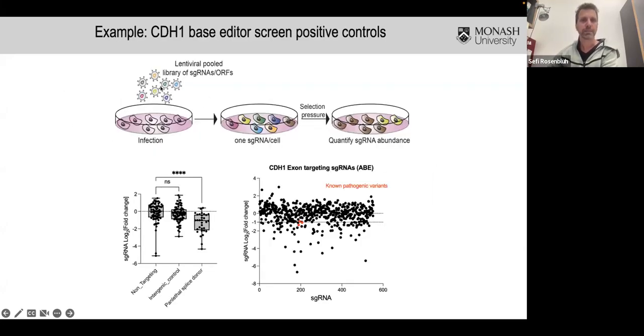Once we create the library, we infect with the library, and again, we grow the cells for a while. This is our selection pressure, and we're looking for the abundance of the guide RNAs. The guide RNAs that disappear would be essential for cell survival. Looking at the quality controls, our library also includes variants that introduce variants of splice donors or target pan-lethal genes. These are genes that we know are essential for cell survival. And this is what we expect, and this is what we see: when we knock out these genes, you see a very dramatic decrease in cell proliferation. So that's very good. That says the screen works.